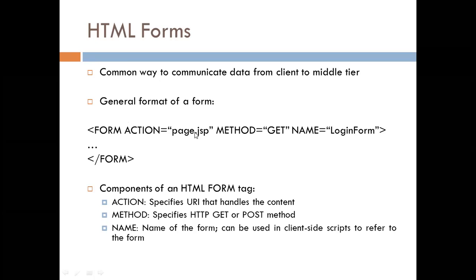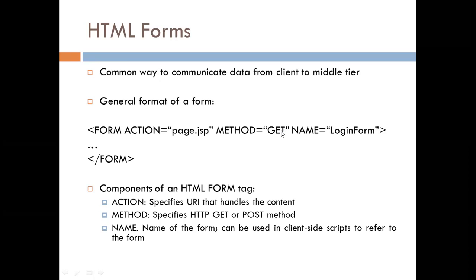When a submit button is clicked, in our case it was a login button, or in the other case it was a get OTP button, that page name will be written over here. This .jsp is Java Server Pages. In our example, we'll be considering Java as the language to interact with the backend. The method name is get. There are two types of methods: either HTTP get or HTTP post.